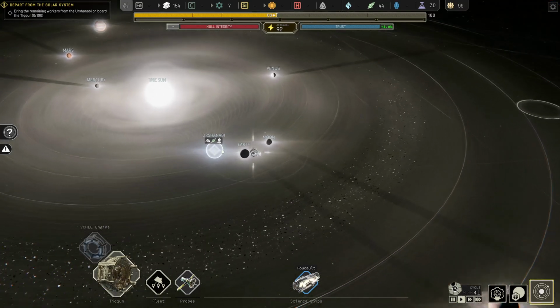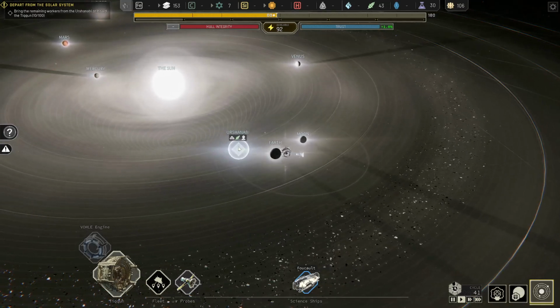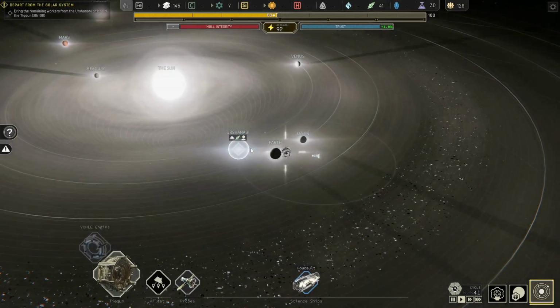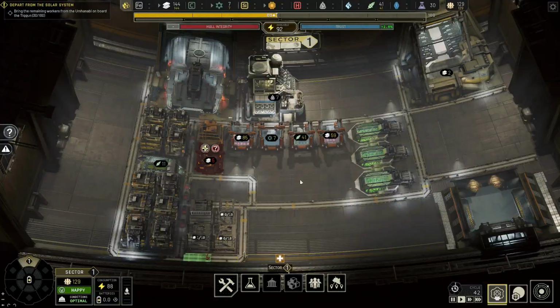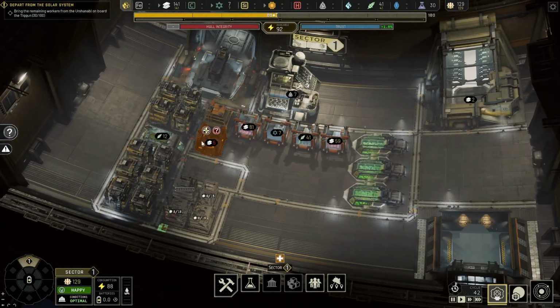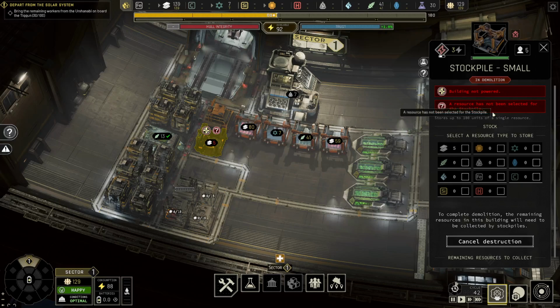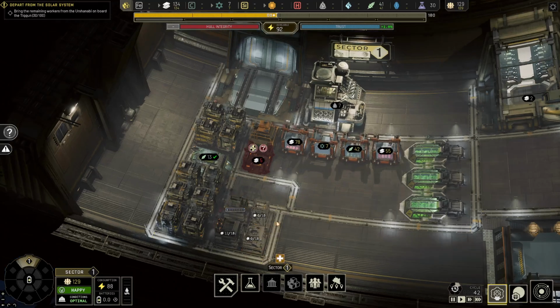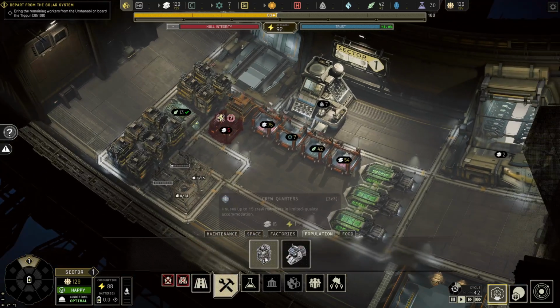All right, so we're gonna bring these workers over from the Urshanabi here. The void vector should be doing this. I think it's currently, yeah, it's currently offloading people, so that's good. We're building houses for them. Oh, we do need to rebuild the